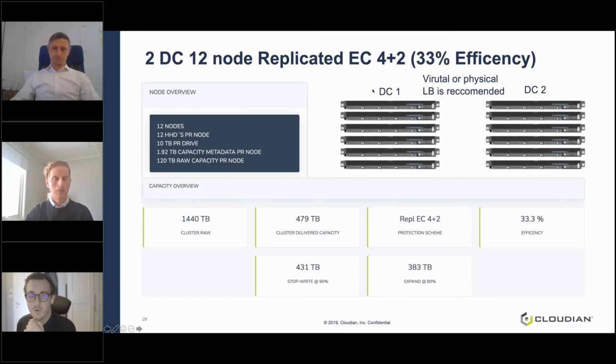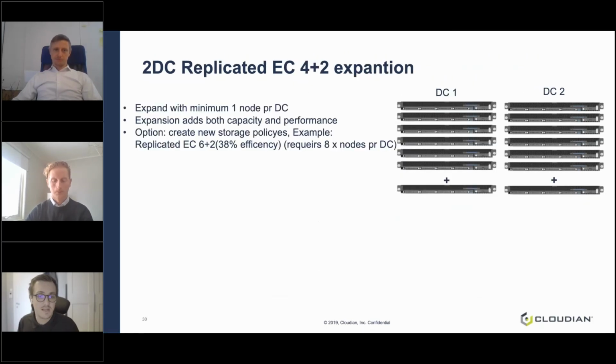This is cross-replicating. So if you have an application in data center 1, that will write the data into data center 1. If you have an application that needs to read that data in data center 2, you can read that out from data center 2, for example, to always ensure the fastest path to the data itself. And you can expand this, of course, as well. Like we did with a single data center, you can easily add 1 or more nodes. And of course, you need to add that to both data centers